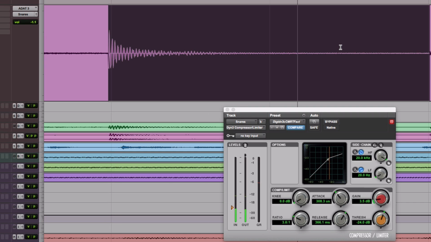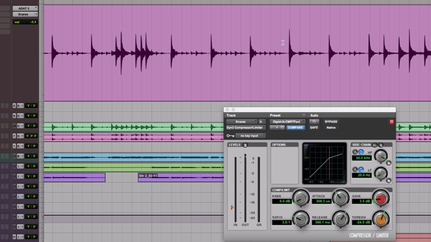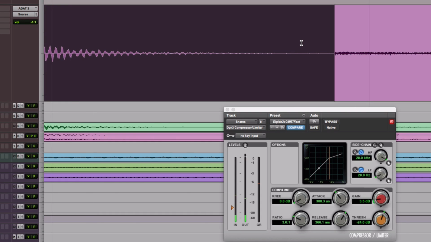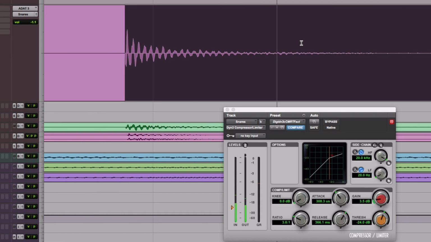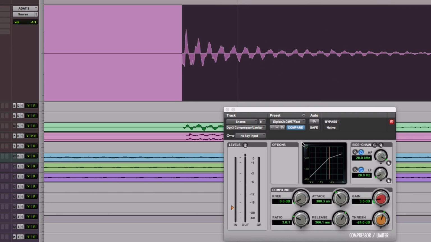Here we go. Right? You hear the snare and the bleed of the cymbals. And let's go maybe to a verse where there's fewer cymbals. That might be a little bit better. Less bleed. Butt up against that. Here we go. Okay. A fast attack, if this compressor is on this snare drum, a fast attack is going to say,